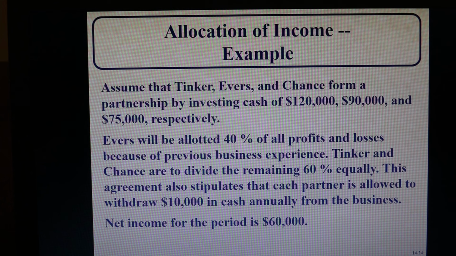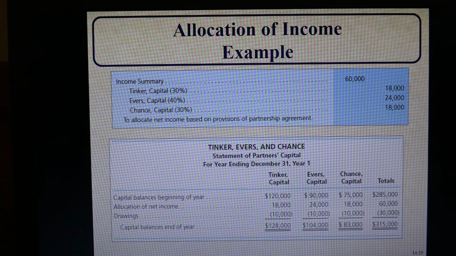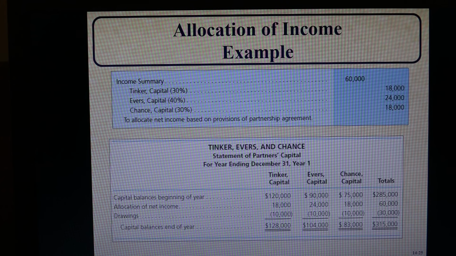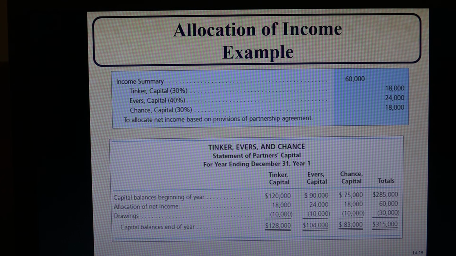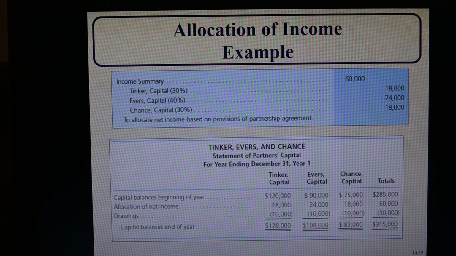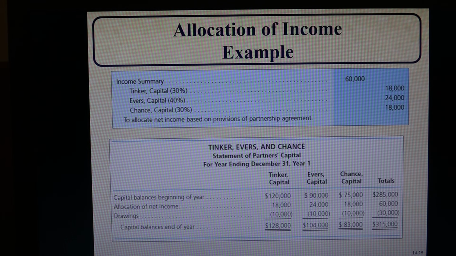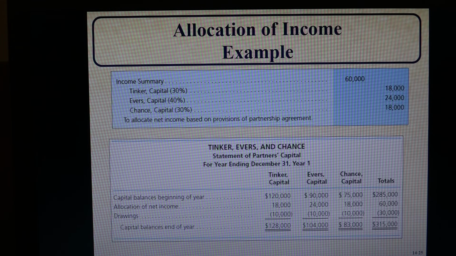How are we going to distribute that? Well, you're going to be closing this out from income summary, the net income, into each partner's capital account based upon their agreement. So 30%, 40%, and 30%. Note here that this allocation